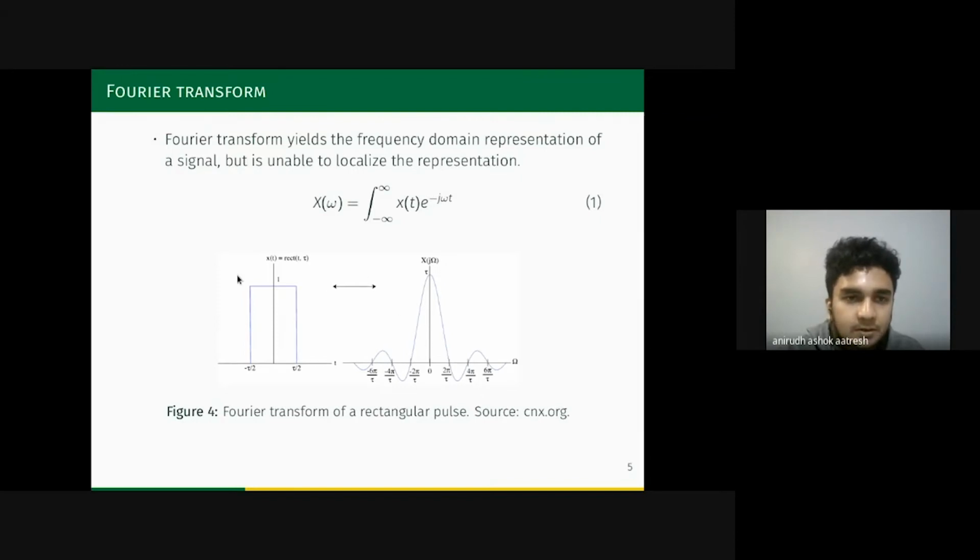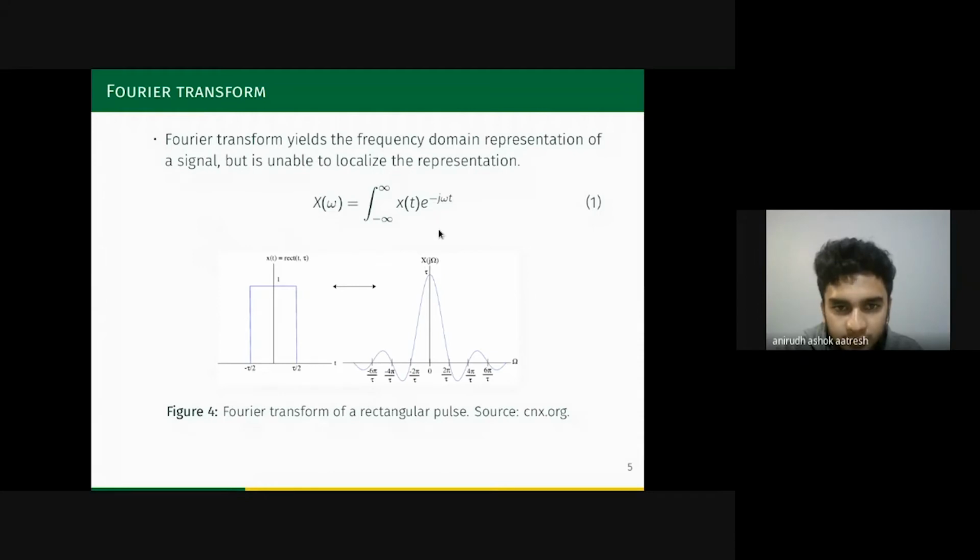For those of you who are not familiar with the Fourier transform, it is a method of converting a signal's time domain representation to a frequency domain representation. It is like you represent the time domain signal as a sum of sinusoids, and in the frequency domain you plot the magnitude of these sinusoids and their corresponding frequencies.